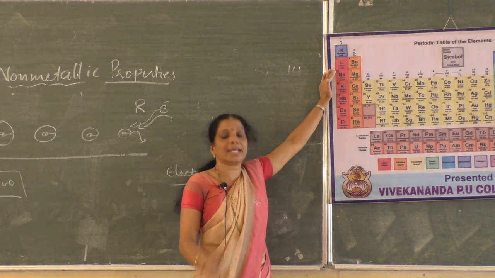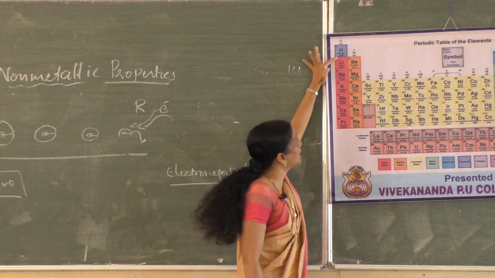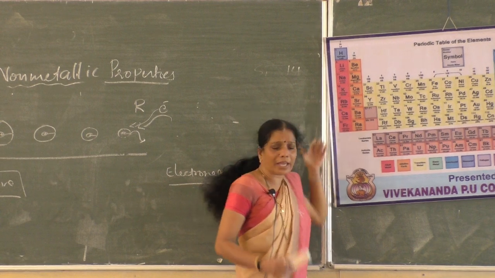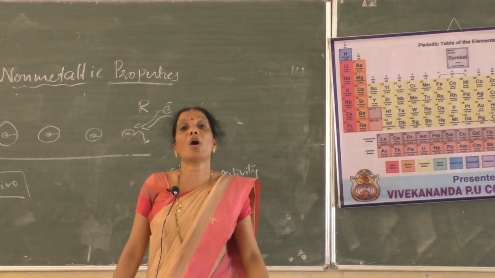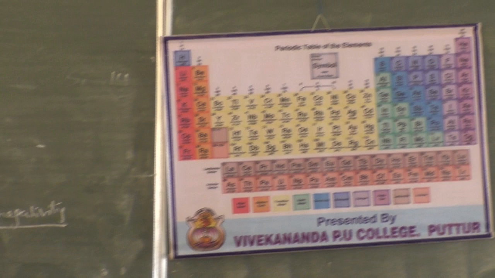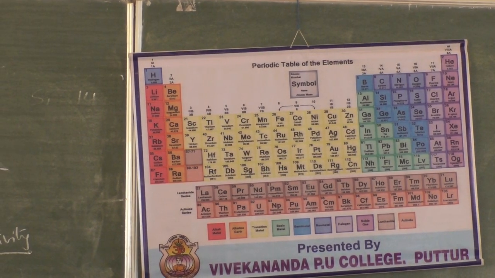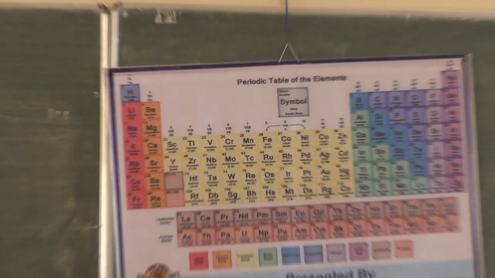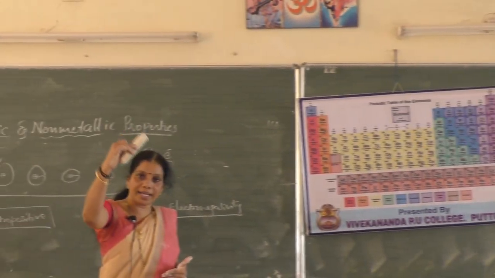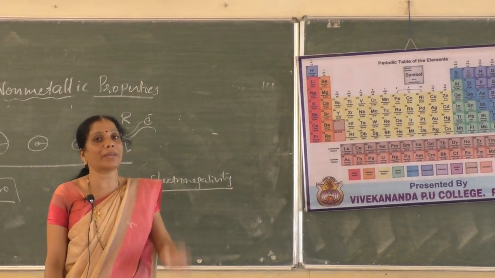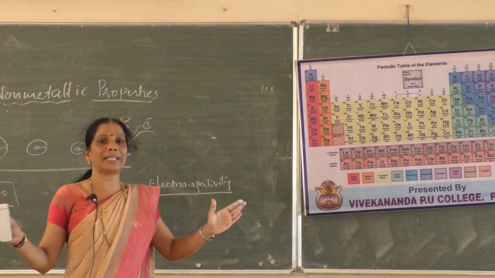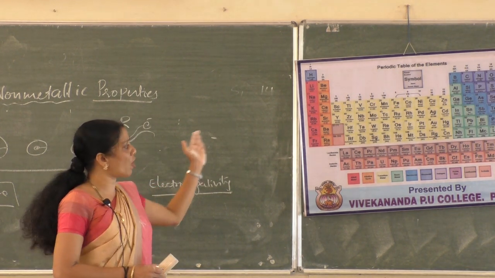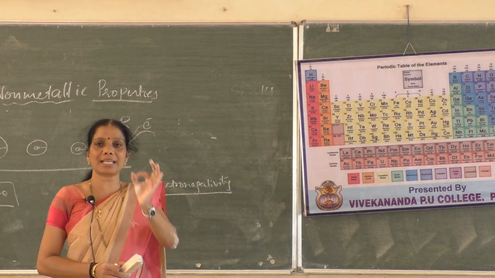Therefore, always the metals, you can see here lithium, sodium, potassium, rubidium, cesium or beryllium, magnesium, calcium, any of the elements if you consider, all these are what? Metals. Do these elements have high electropositive nature or electronegative? We have studied that now. Size is larger, electropositive character will be high, tendency to lose the electron will be very high. All the metals are what? Electropositive in nature.